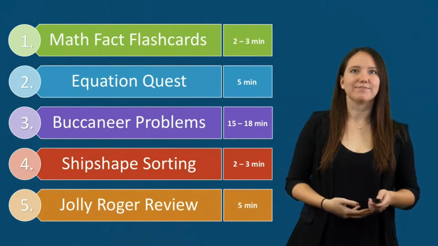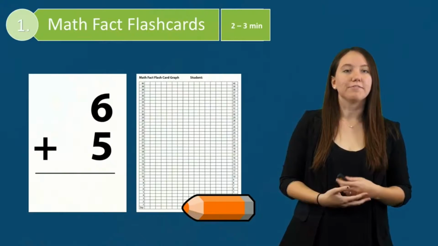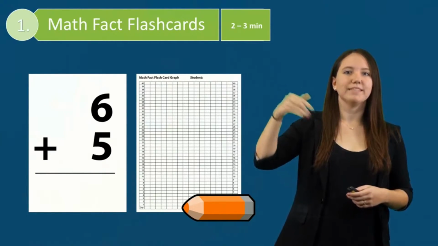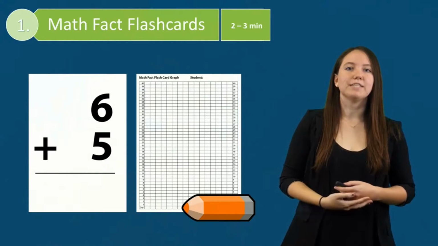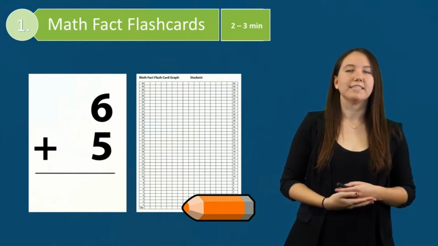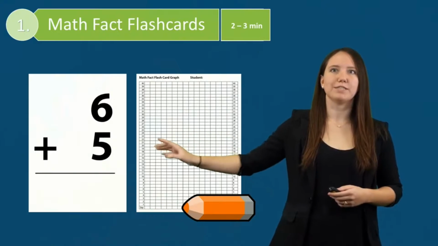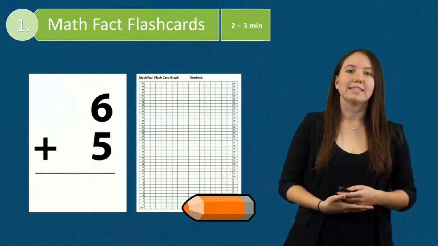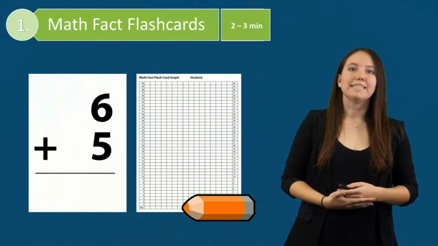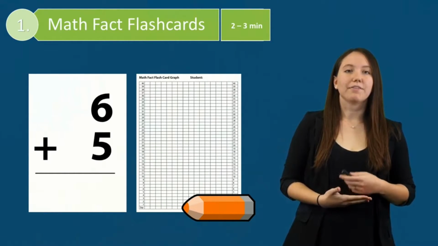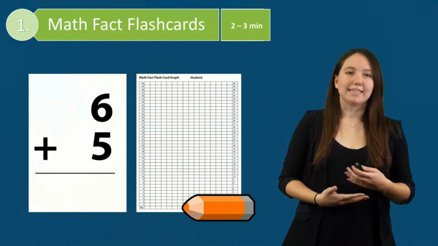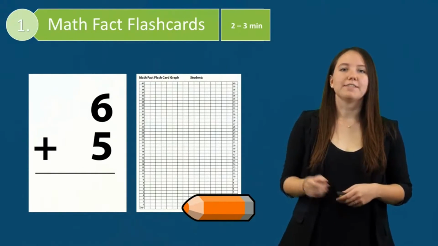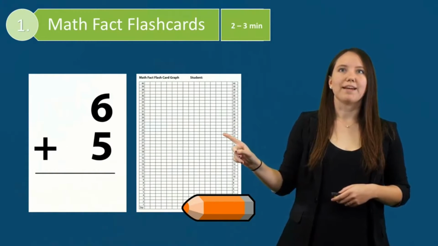each of these activities. So as I mentioned, the first component for each lesson is always Math Fact Flashcards, which is a 2 to 3 minute activity. In this activity, students complete 2 1-minute timed trials of addition and subtraction flashcards, an example of which is seen here. After each round, the teacher and student count the correct number of flashcards, and the teacher monitors and provides feedback throughout the activity as necessary using the counting up strategies. At the end of the activity, the student graphs their higher score for the lesson on the Math Fact flashcard